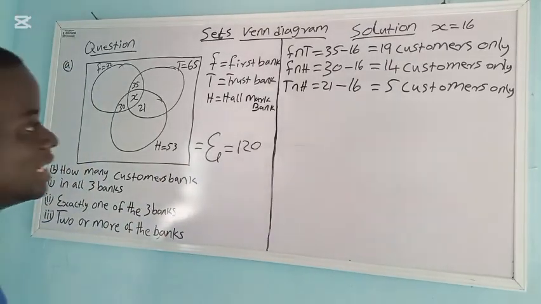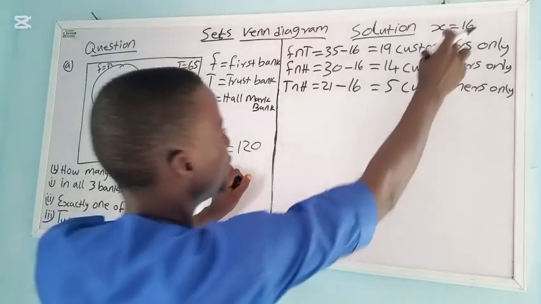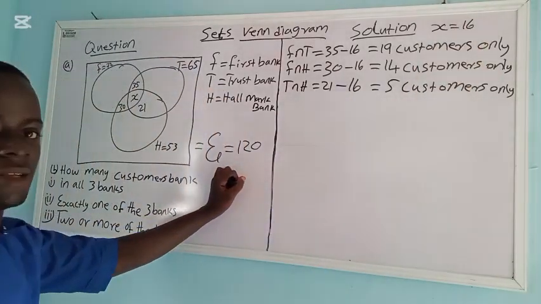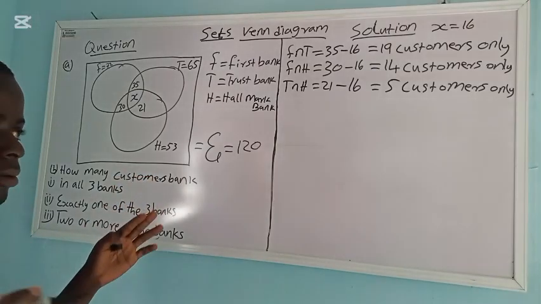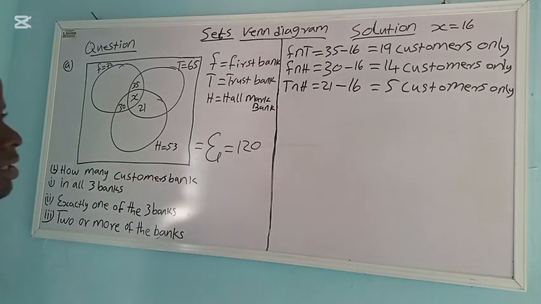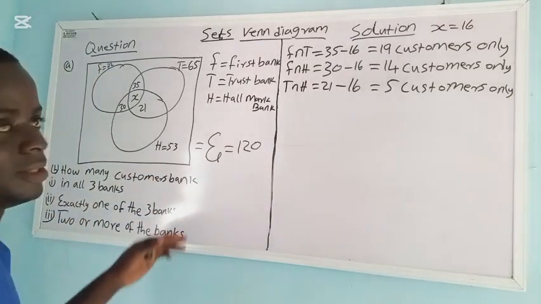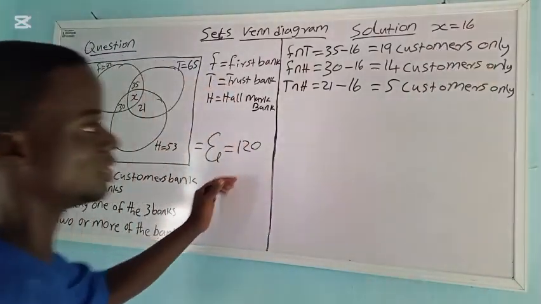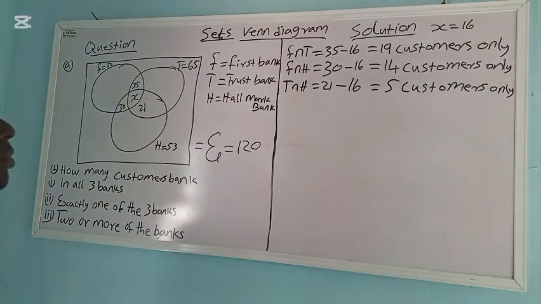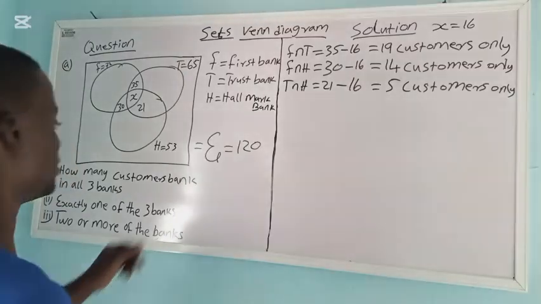So now, and they say or more. So that means we will join with the 16, which are people that use all the three banks. But if they say there are other more banks, then we will still add them. But since the number is only three, and this one is the last one, we'll now join with the 16 just to get the total answer. So now we'll say